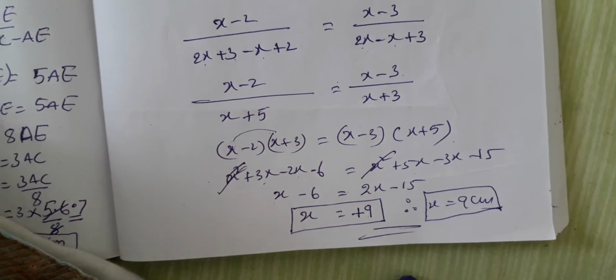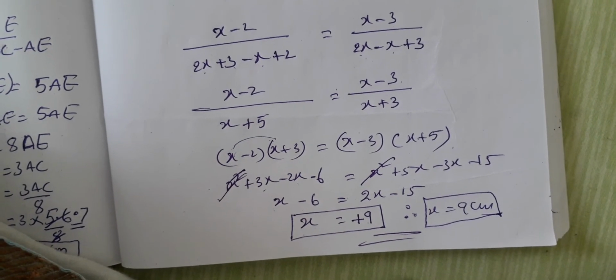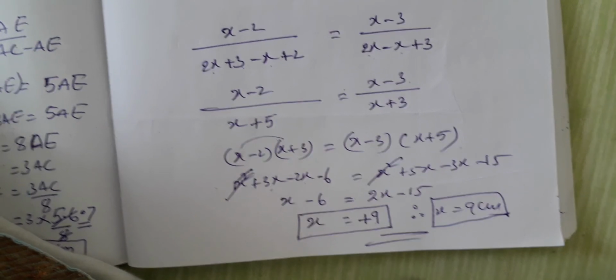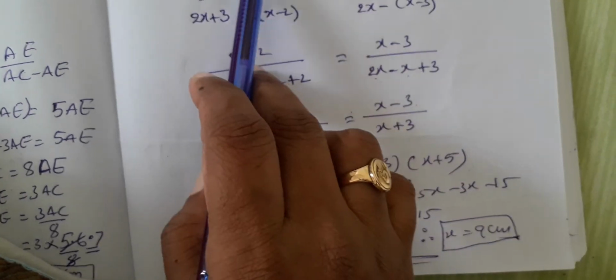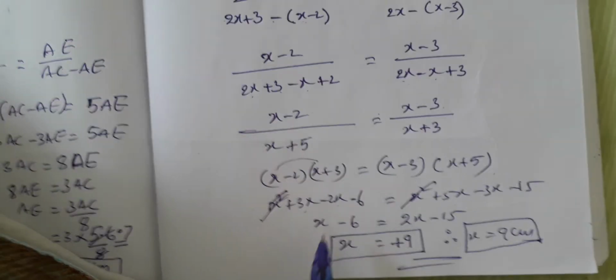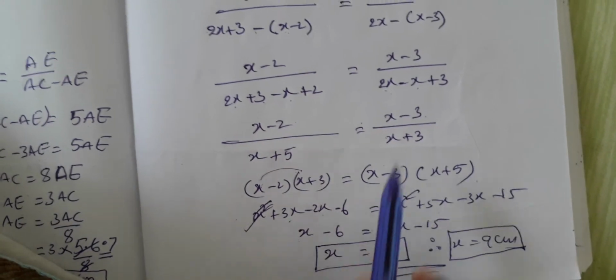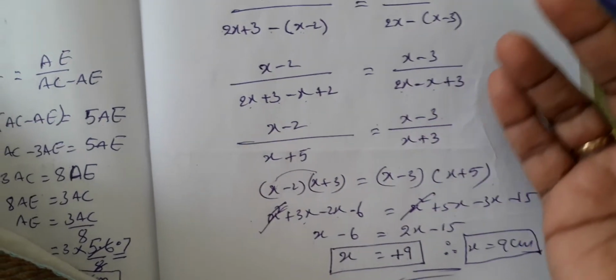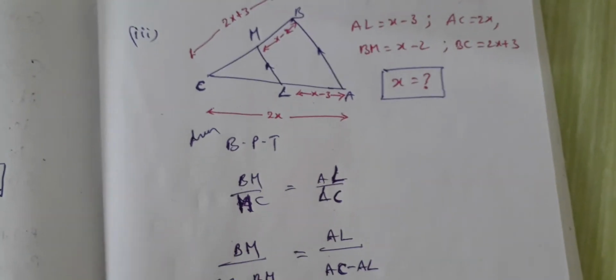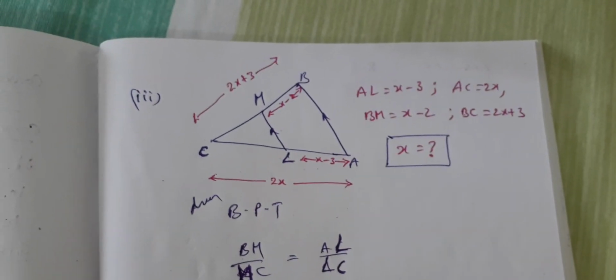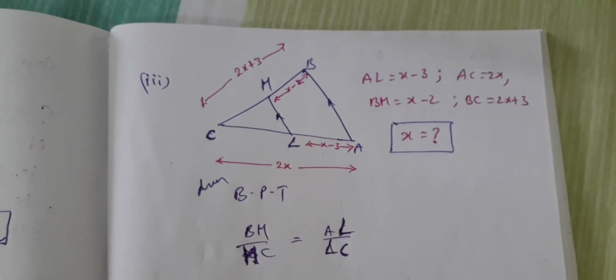So, this is the answer. Okay, children, there is nothing here which belongs to similar triangles. Whatever the equation, that means how to solve the equations, that's all. This is the algebra part. In fact, this whole thing is algebra. Only the first statement that you have to write from the given triangle belongs to similar triangles.